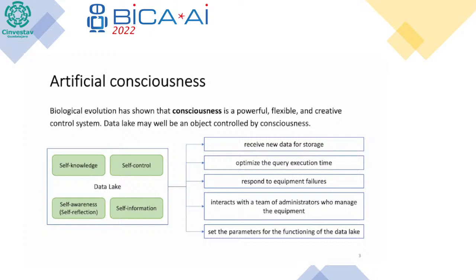The data lake control system will be consciousness if it meets the following requirements. Self-knowledge. The system has complete knowledge of its current cognitive state and the data produced by all its sources. Self-control. The system is fully aware of the performance and status of its sources and data manipulation tools over time. Self-awareness and